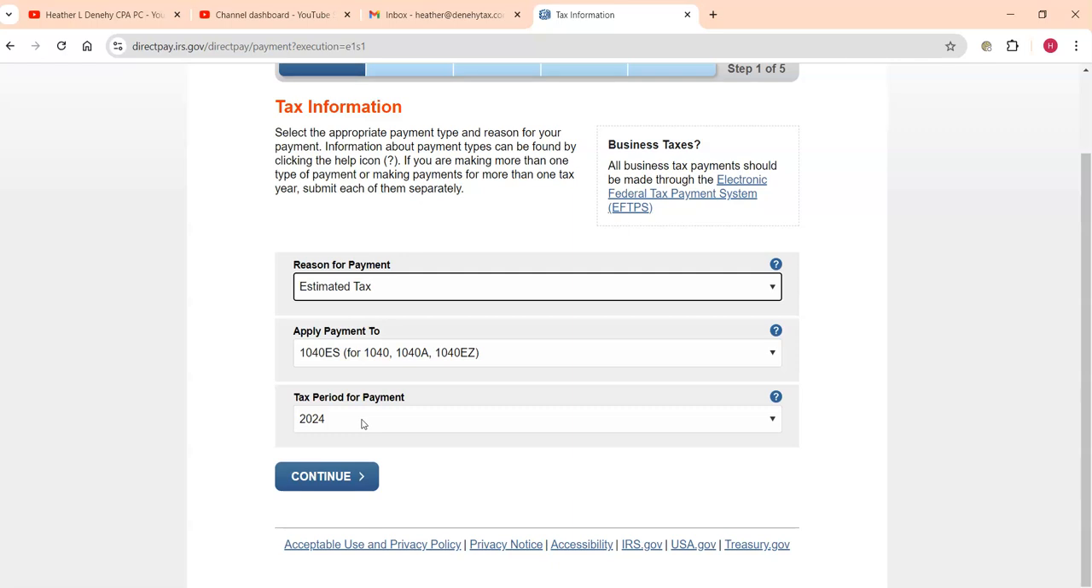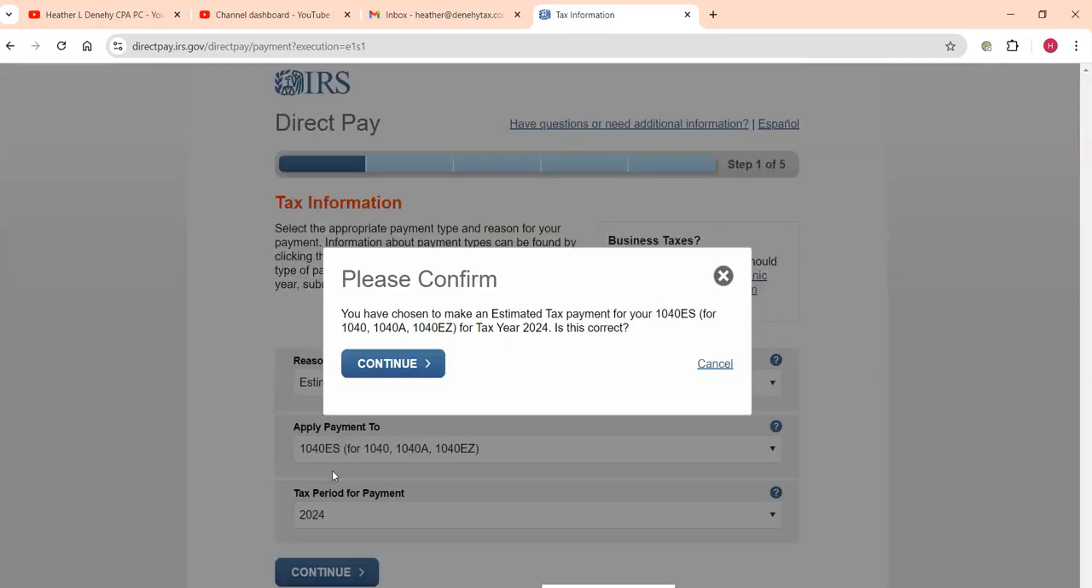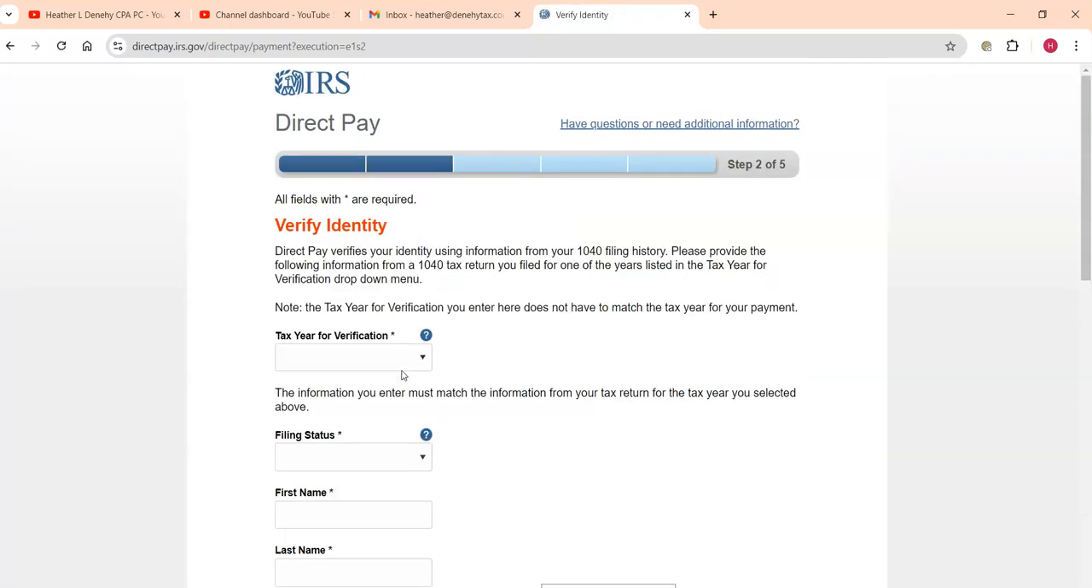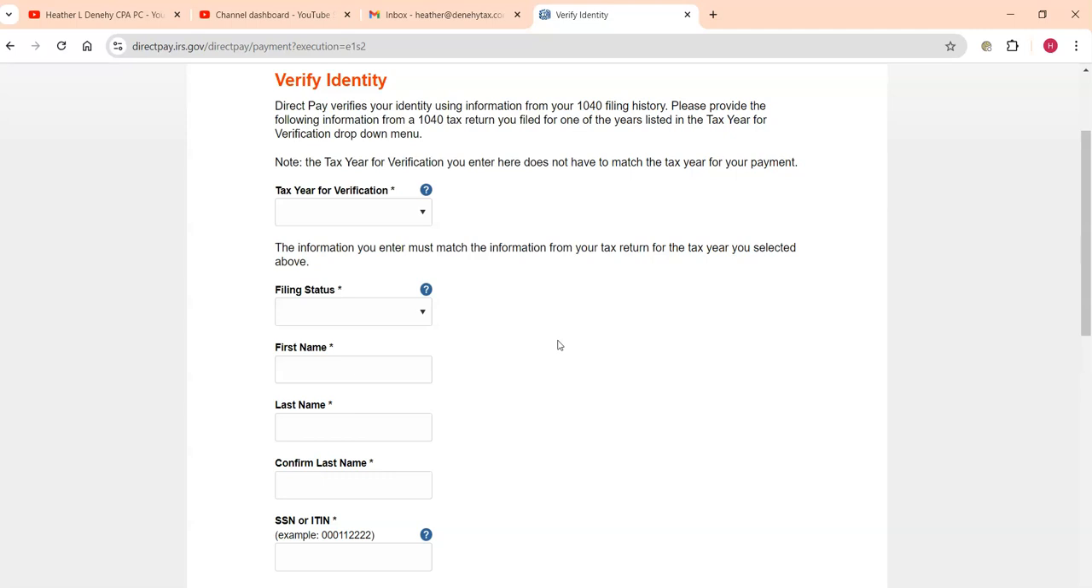So if you filed your previous tax return, so if you saw me in March of 2024, I would have been filing your 2023 tax return. We would be in the year 2024. So estimated tax payments are made for the calendar year that you're in. So you would be making, in this example, 2024. So this would be for the current year. So you pick 2024, hit continue, continue again, and then again, you're going to need to verify your identity with